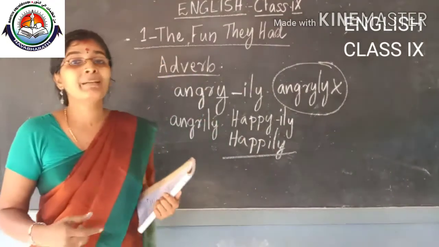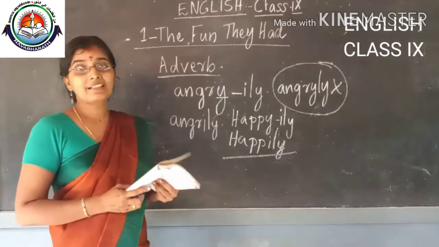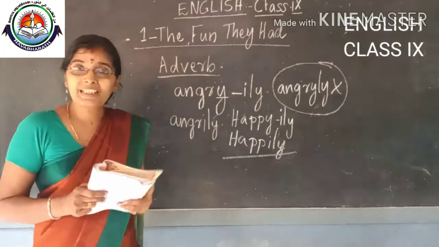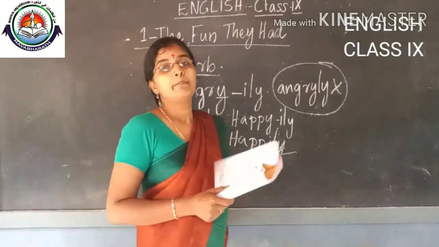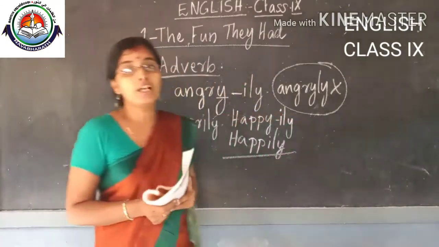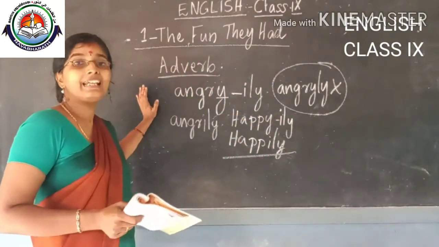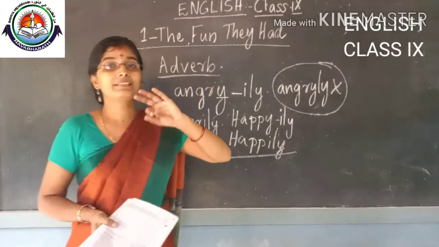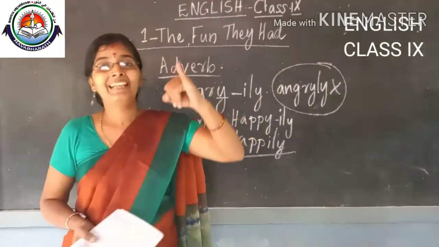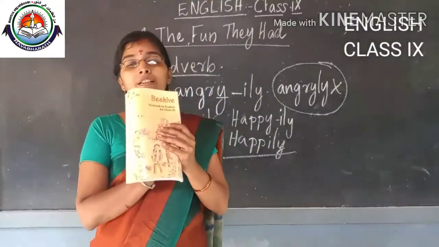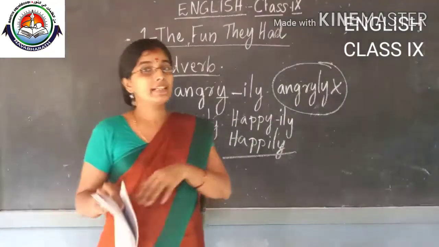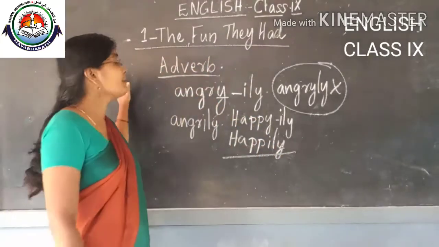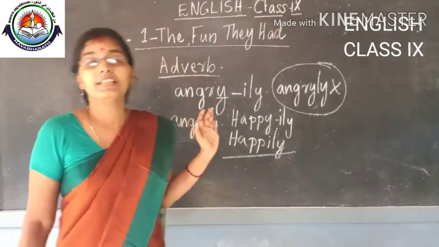And I'll share you some exercise also during the interaction session, some worksheets and exercise regarding the adverb session. And you have to do that. Make sure that you are carrying a notebook for your grammar part separately other than for the literature. Now you are expected to carry 3 notebooks actually. One for the main literature book, that is this one, the Beehive, and there is another textbook, the supplementary reader. For that also you have to carry 1 notebook, and for the grammar part you have to carry another notebook. That's what is the thing.